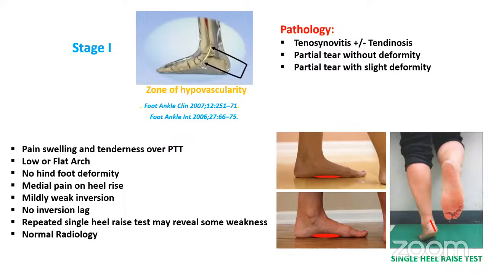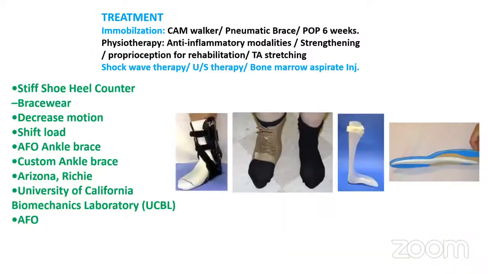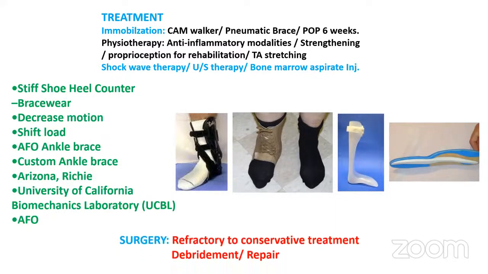And this can very well be managed by means of conservative measures. We can give them a brace, we can give them an AFO, or anything that would rest the hind foot would be sufficient. Once the active stage is through, the patients can probably get back to most of their activities. Only in cases where this conservative treatment is not working should we plan for a debridement or a repair of the tibialis posterior. And if we can identify a tear in these cases, we just proceed with tubularization of the tendon itself.